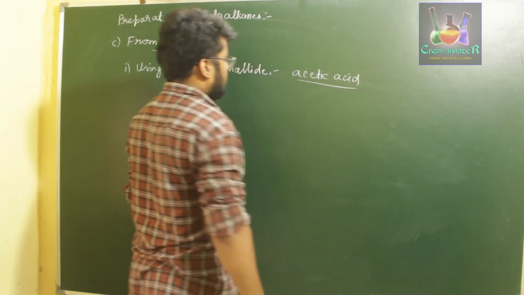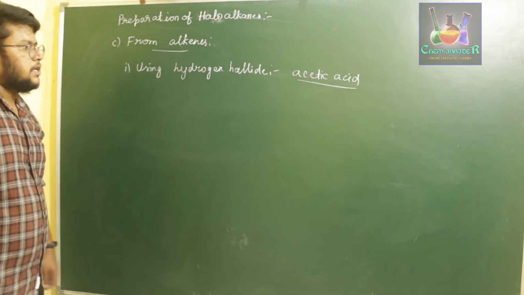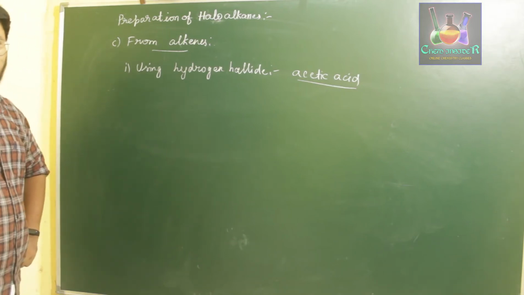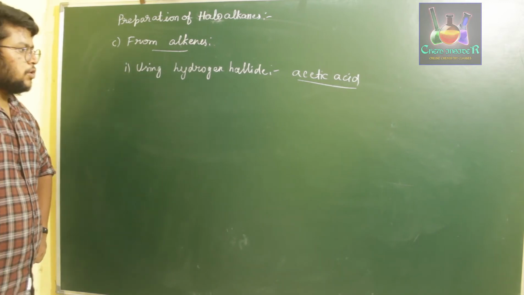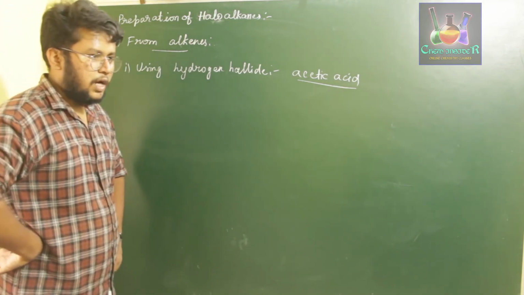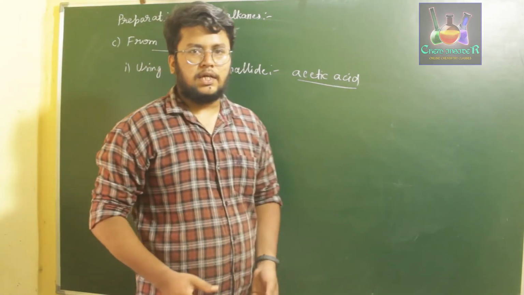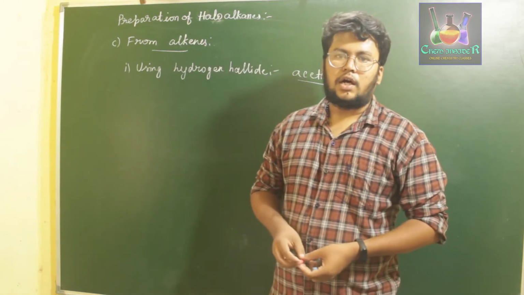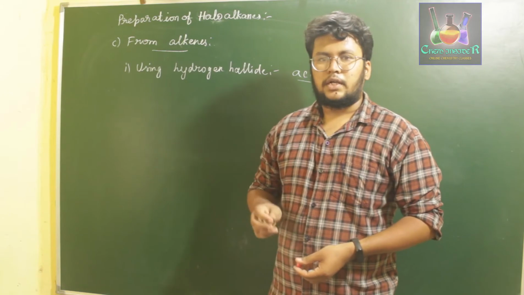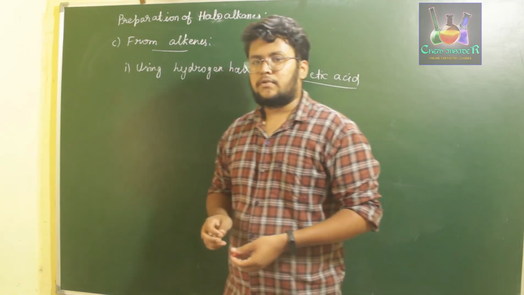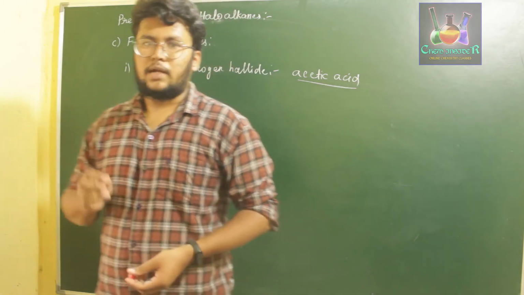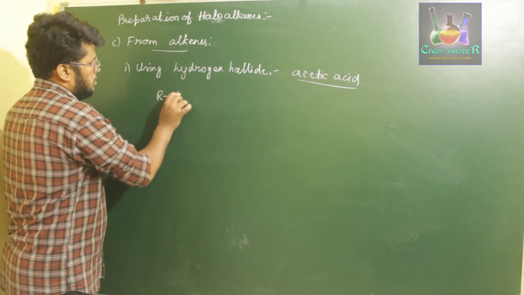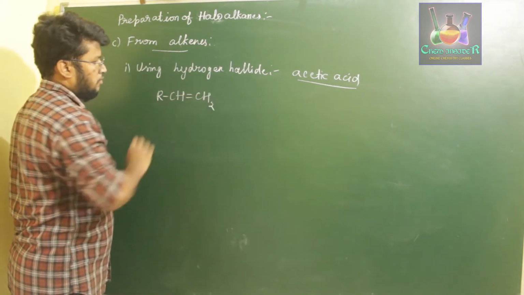In the presence of acetic acid, when we treat an alkene with hydrogen halides, we observe a reaction which follows addition through the Markovnikov rule. So, Markovnikov rule, what does it say? Whenever we add hydrogen halide to an asymmetrical alkene compound, the halogen atom should go to that carbon involved in the double bond which has a lesser number of hydrogen atoms. So if we consider an alkene such as RCH=CH2,